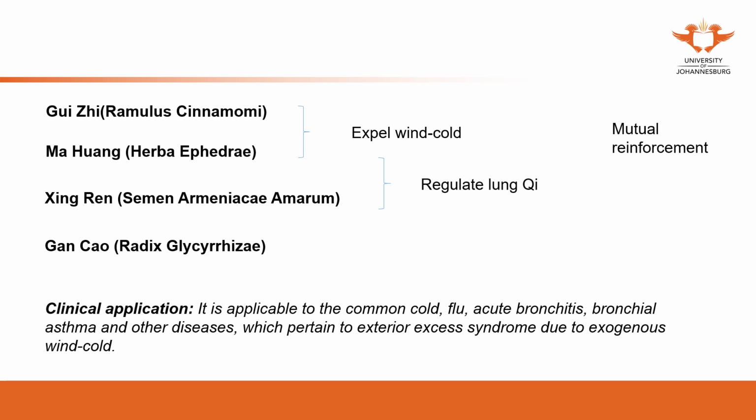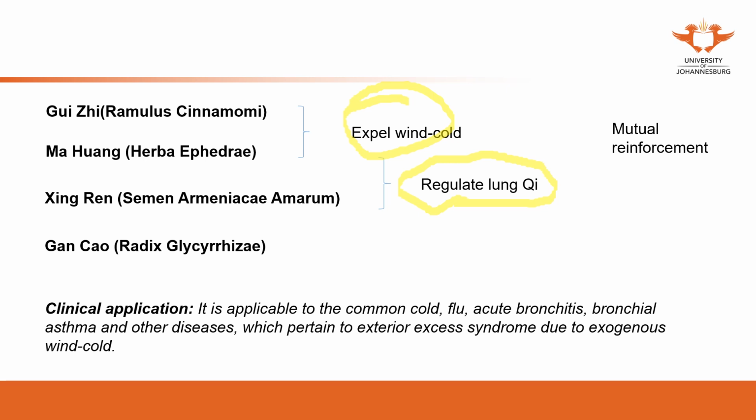Regulating the lung qi. How can you regulate the lung qi? You can use the points on the lung meridian. You can use the front mu points of the lung. You can use the back shu points of the lung to focus on the lung. So if you see the acupoints from this point of view, your prescription won't be too complicated. You choose 1 or 2 points to focus on, expelling the wind cold. You choose 1 or 2 points to regulate the lung qi, to regulate the